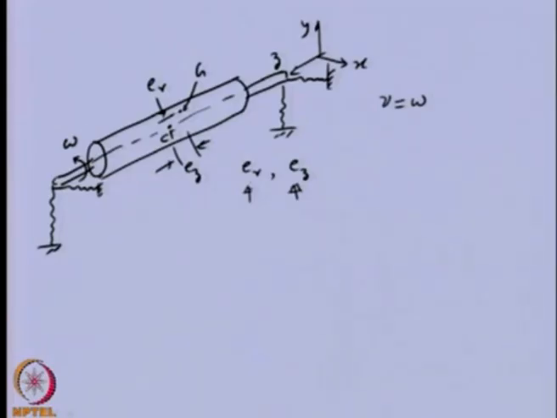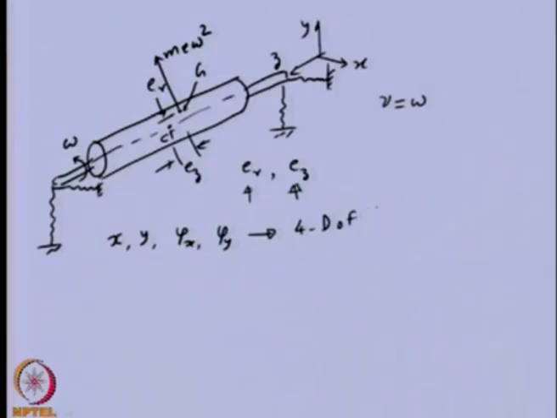So, in this particular case, let us say the centrifugal force acting at G is m e omega square. Now, as we can see, the rotor can have up and down motion, so we will describe that by x and y, and it can also have tilting about the x axis and y axis, which we will represent by these angles. So, basically we have a 4 degree of freedom system,